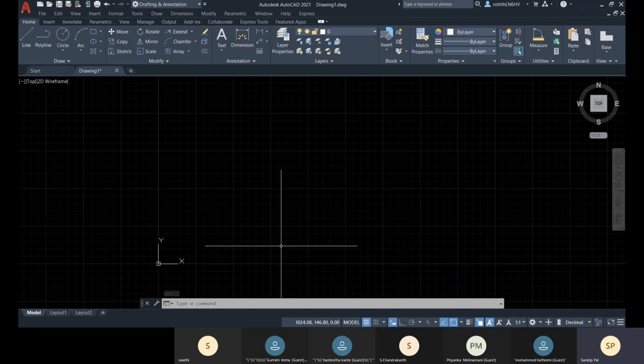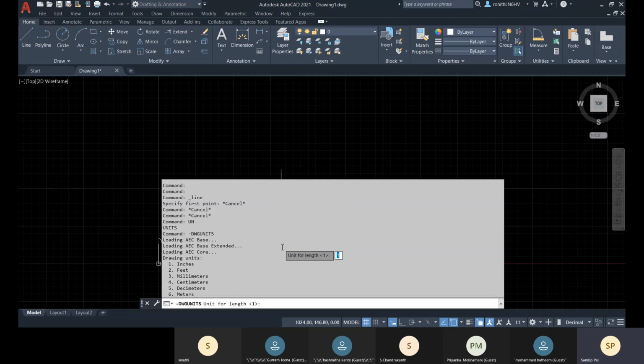We have another option to specify our drawing unit. For that we have the dash DWG unit command, enter, and there you see that it's asking you for the drawing unit for length. Here you see that the drawing unit is currently set as inches, but I want millimeter.